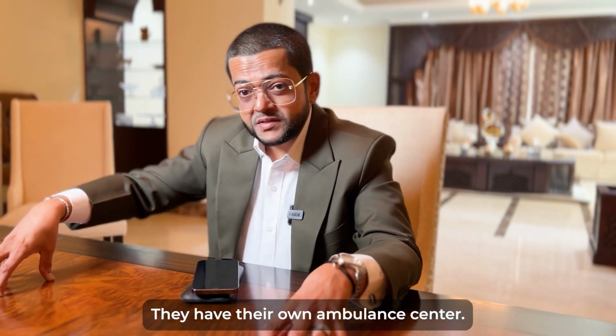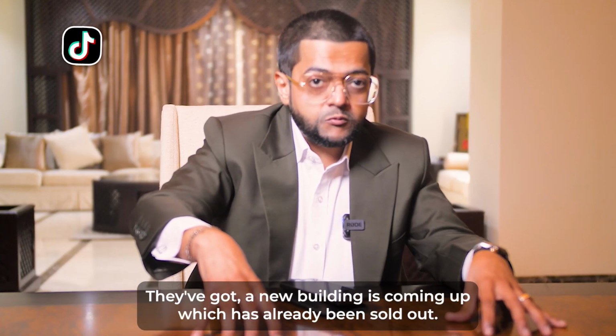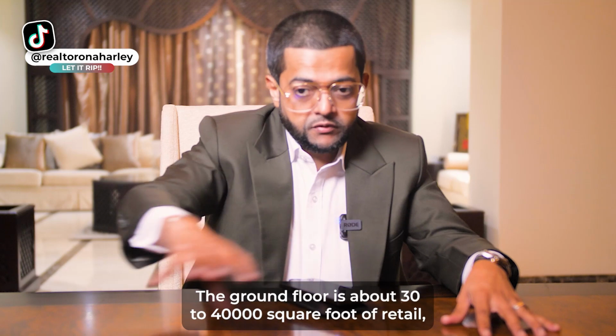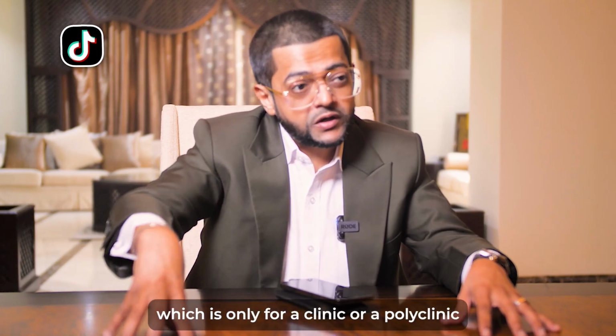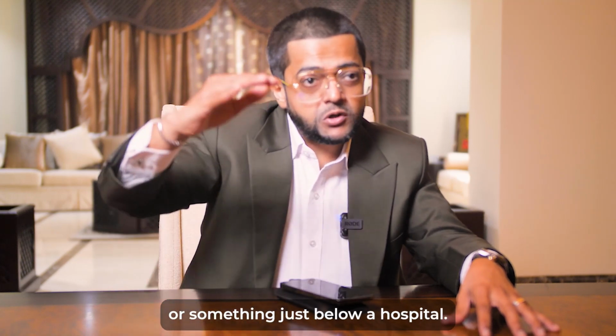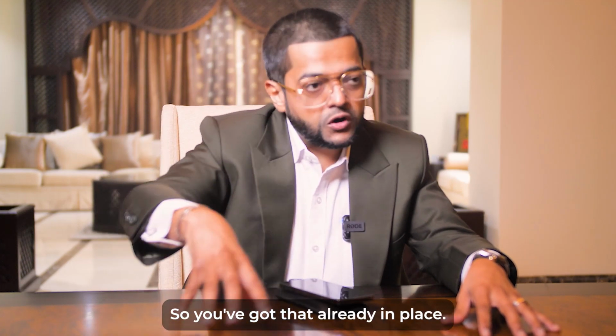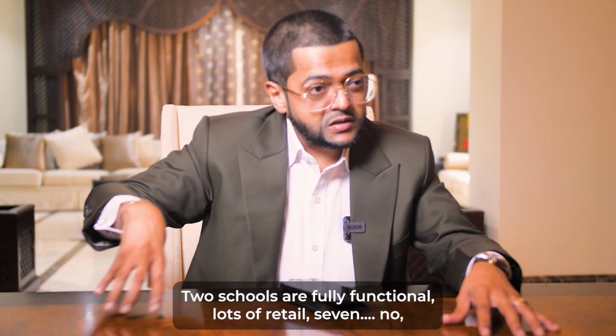They have their own ambulance center. A new building is coming up, which has already been sold out. The ground floor is about 30 to 40,000 square foot of retail, which is only for a clinic or a polyclinic or something just below a hospital. So you've got that already in place. 2 schools are fully functional, lots of retail,